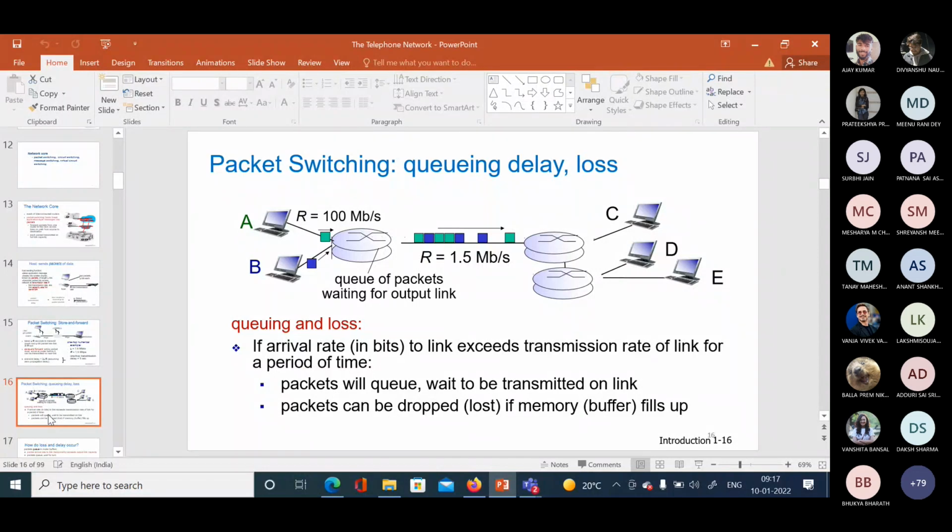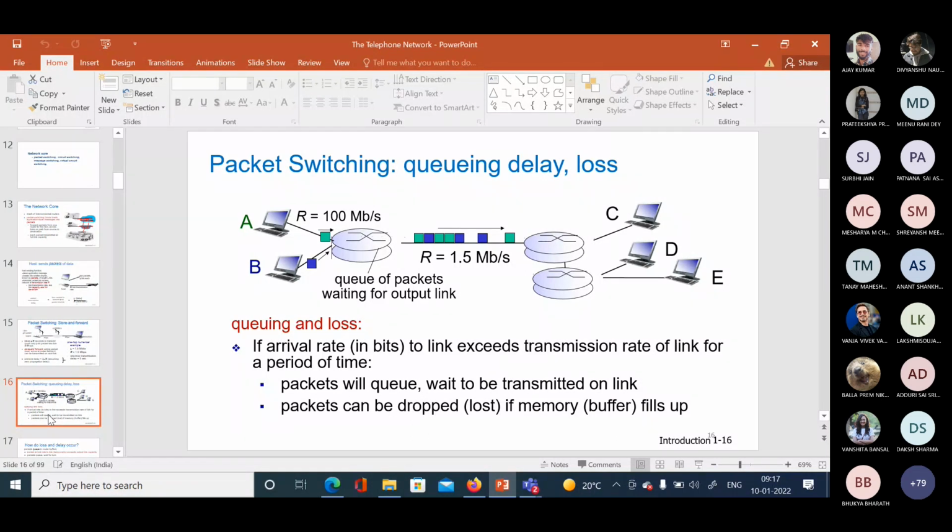What will happen if there are so many packets arriving at a particular router, and the outgoing link only has R bps link capacity? The transmission of the packets will slow down.